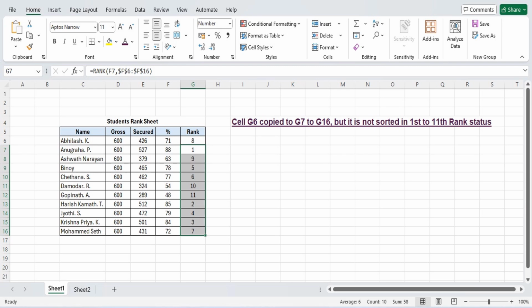Once you arrive at the rank position of the first student, copy the cell G6 to the last cell G16. Otherwise, you can drag down G6 to G16. Now, the rank positions got filled against the respective students. But now the issue is, the rank positions are not in order and seem not to be sorted in the order